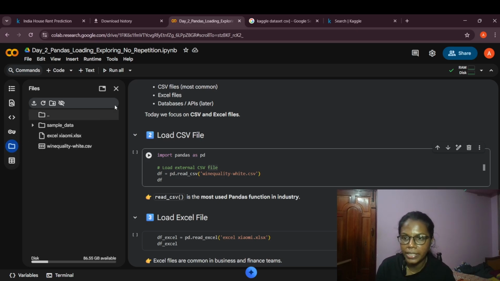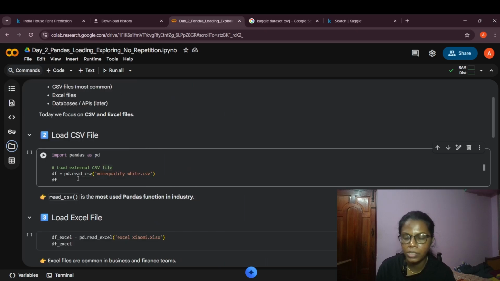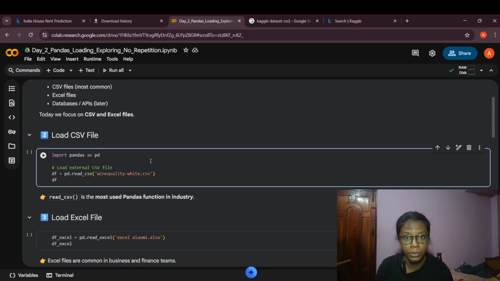After uploading it here, I just need to click on this cross option, I mean this wrong option, so that it will move aside and my coding environment is completely visible to me. For the first step, you need to load the CSV file into the coding environment. For that, you first have to import the pandas library. Followed by that, I'm creating a data frame. I'm creating a variable called df. This is something that we'll be using often for calling and creating a data frame in Pandas. Inside this df variable, I'm calling the pandas library using